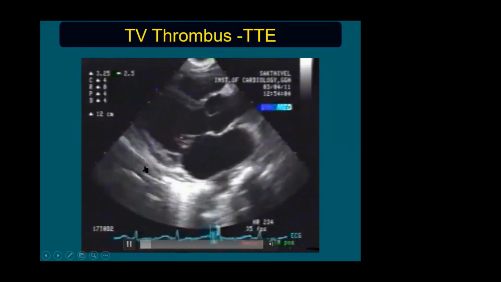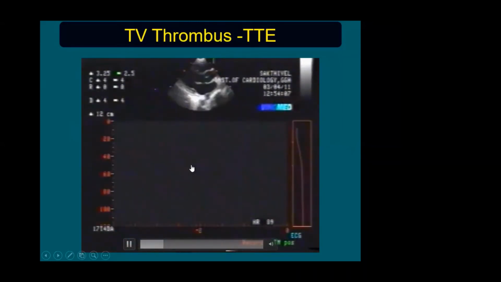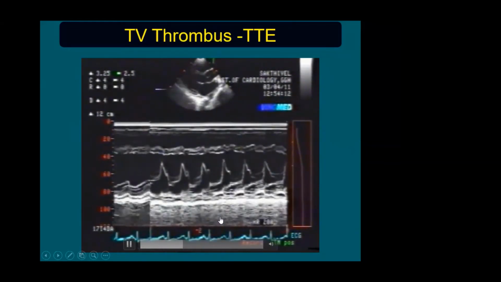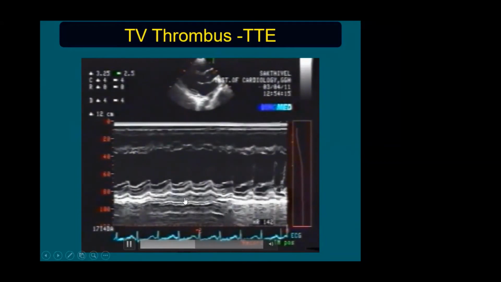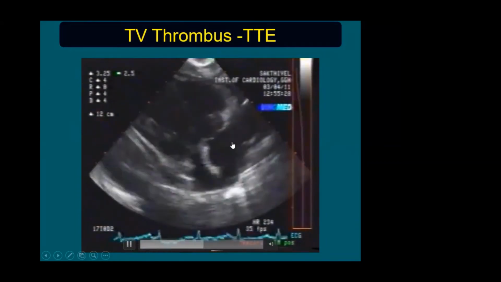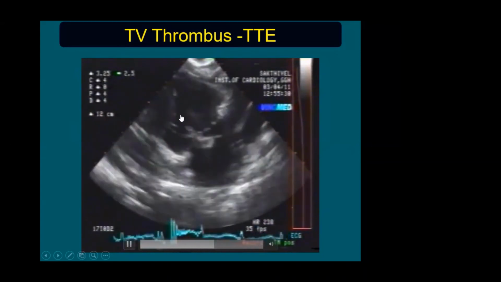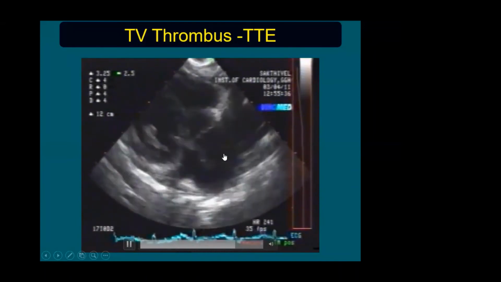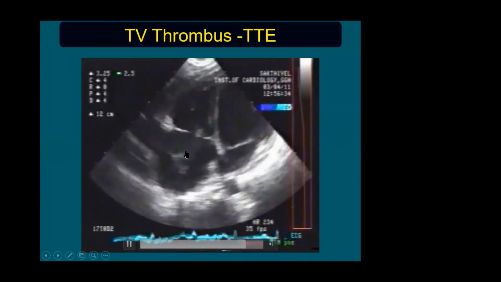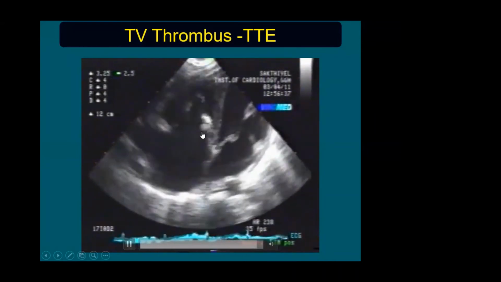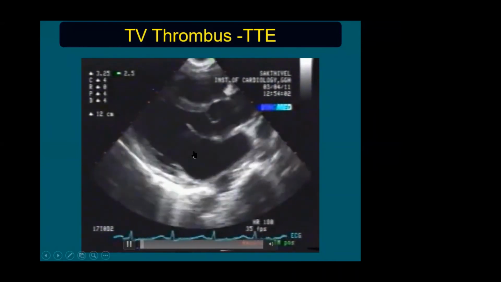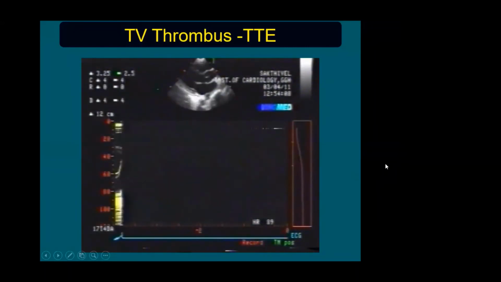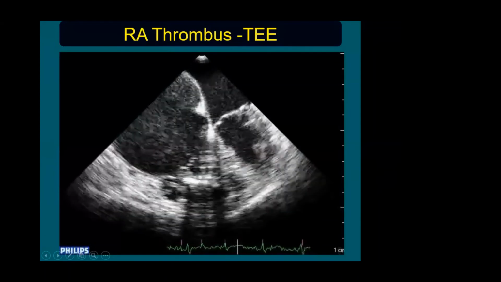This is a patient with constrictive pericarditis. The pericardium is thickened. You can see the mitral valve motion itself is abnormal. You can identify multiple echoes in the region of the pericardium, and there is a mass inside the right atrium, and it is extending into the right ventricle. Here you can identify it is floating between the right atrium and the right ventricle. It was actually entangled in the cardiac apparatus and the tricuspid leaflet, and this was proved to be tricuspid valve thrombus in a patient with constrictive pericarditis.